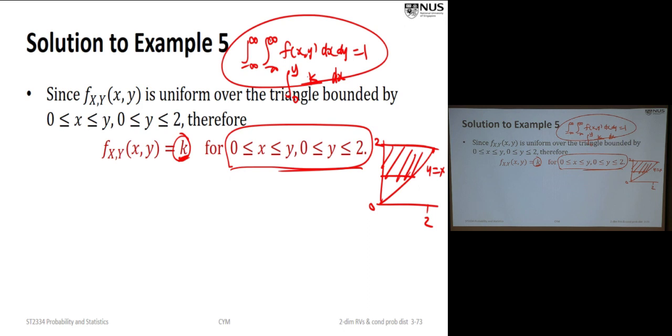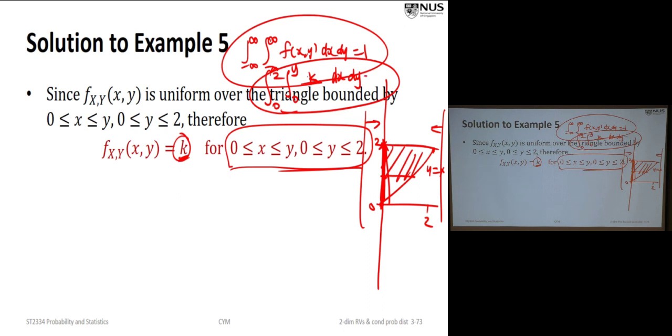After that, I squeeze everything. You can think of it as two planes, so squeeze every density onto this axis. Now only this part has non-zero density. The rest will have 0 density. So we integrate from this point, y equals 0, up to this point, which is 2, of dy, and make it equal to 1. That's how we set up an equation involving the unknown k.